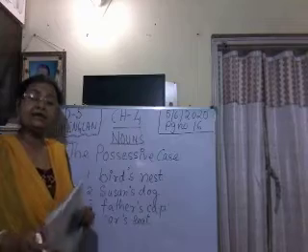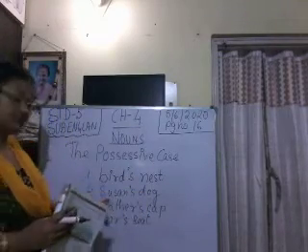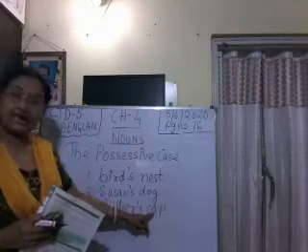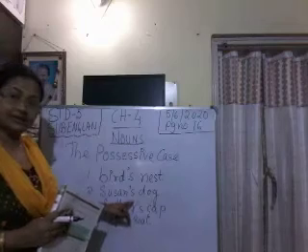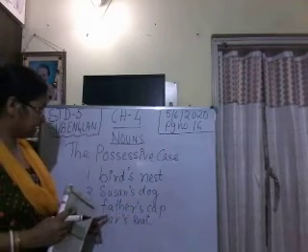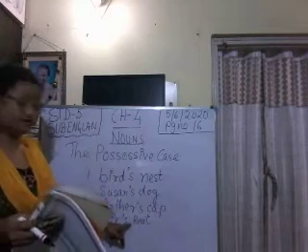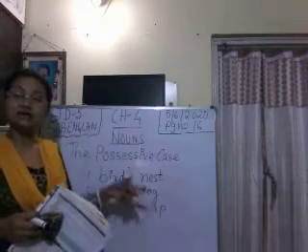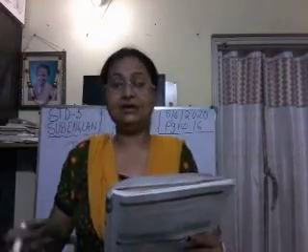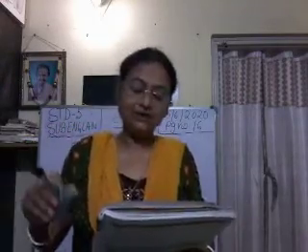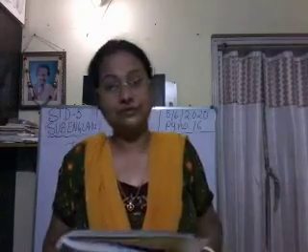So I said bird's nest. Whose nest is this? Bird's nest. Then Susan's dog. Whose dog is it? Susan's dog. Then father's cap. Who is the owner of the cap? Father. So I have put father, apostrophe, then S. Here, car's seat. These car's seats are comfortable. We are talking about the seat of what? The seat belongs to the car. The cap belongs to father. The nest belongs to the bird. And the dog belongs to Susan the girl.